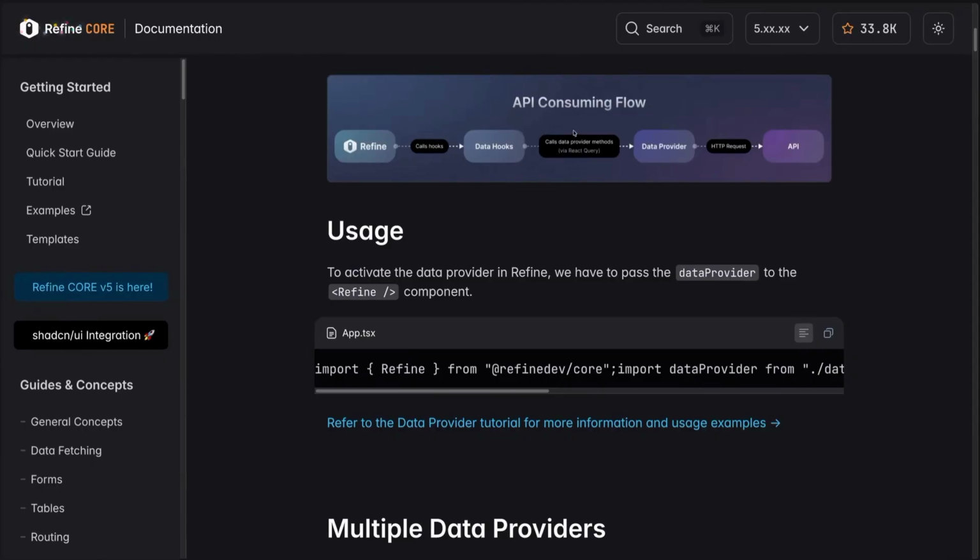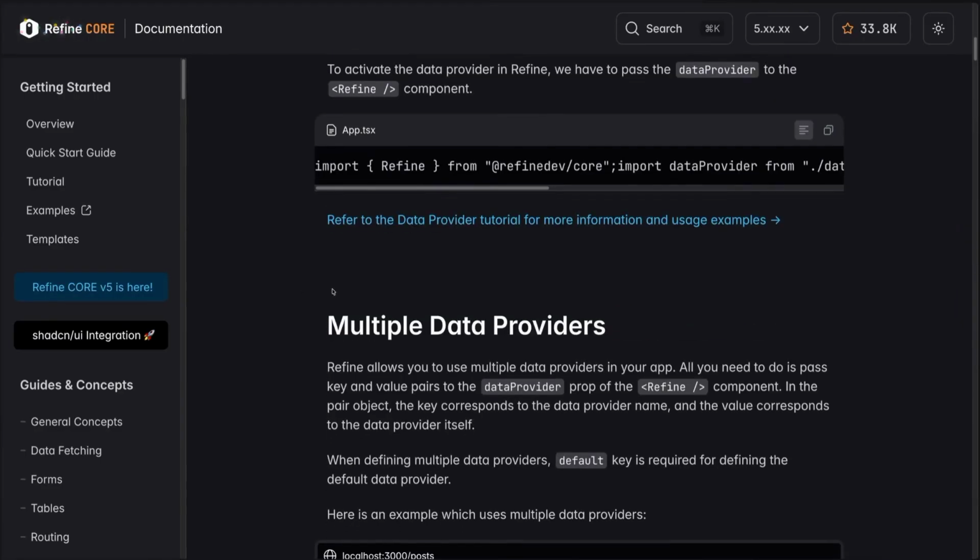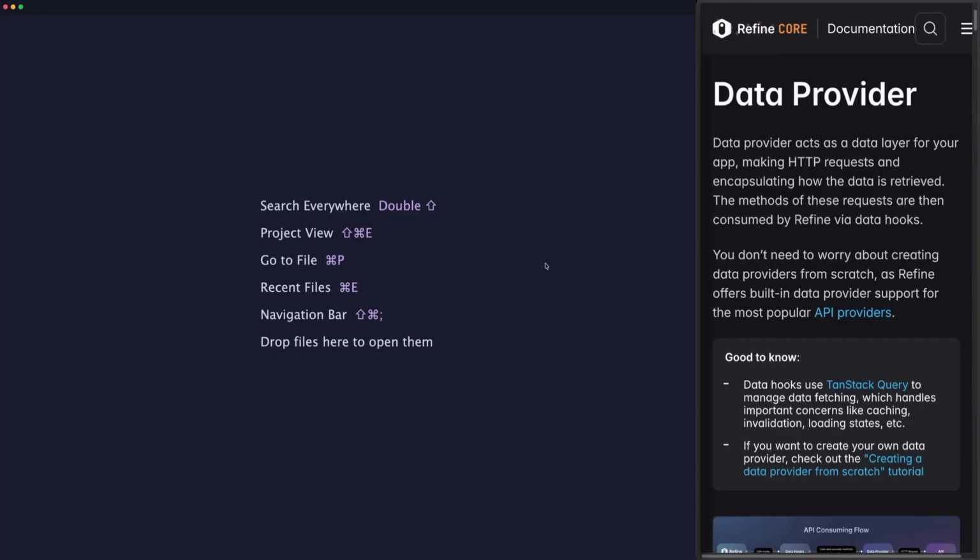So you don't have to manually write fetch or Axios calls anymore, or set up React Query for automatic hashing, refetching, and so on. Refine Data Provider will handle all that for you so that you can focus on the business logic of the application you're developing. So let's implement a simple page and see how the data provider works in action to better